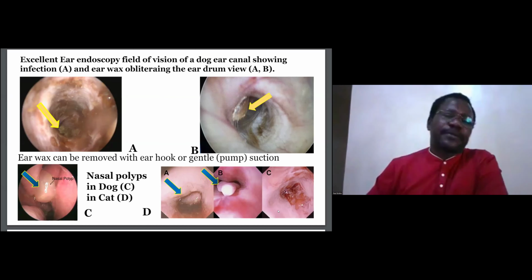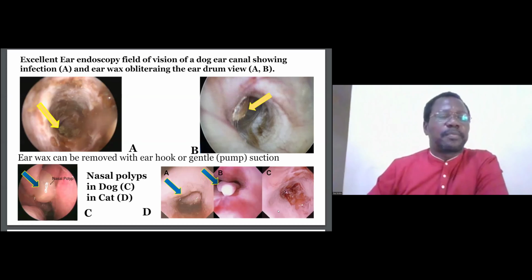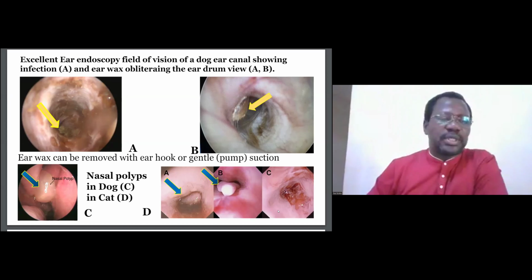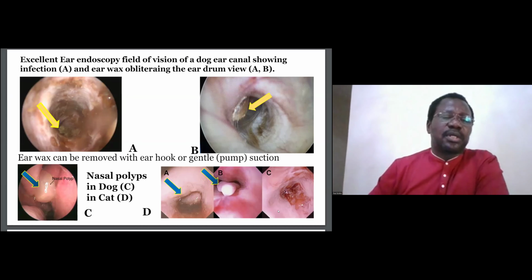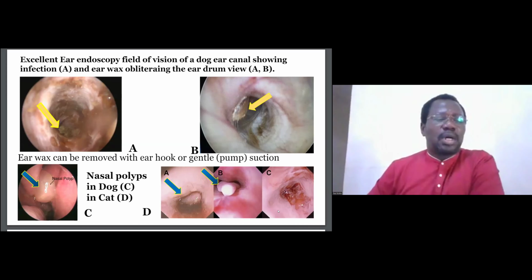And so if you get to that type of diagnosis in A, you can institute check samples like swabs, and then do your antibiotic sensitivity test or isolate the organism, and then you treat. But for earwax, you can either remove it with an ear hook or a gentle suction using a suction pump. Those ones can go. You can also use endoscopes to